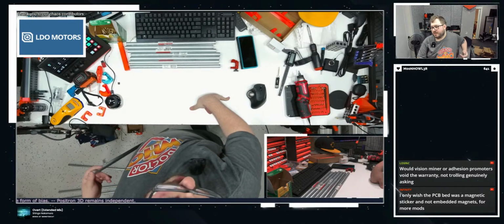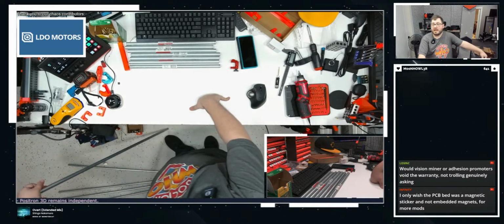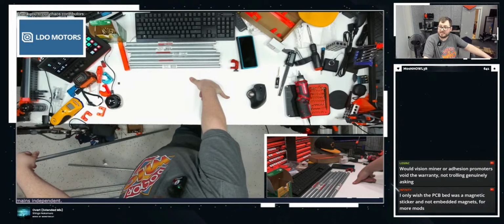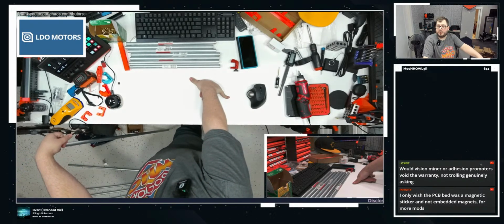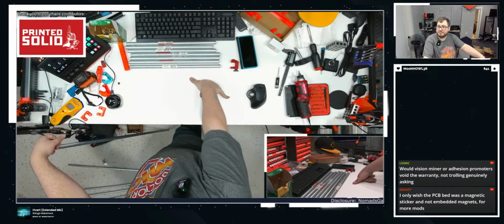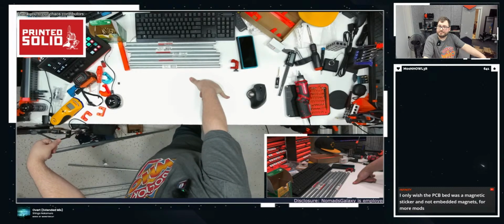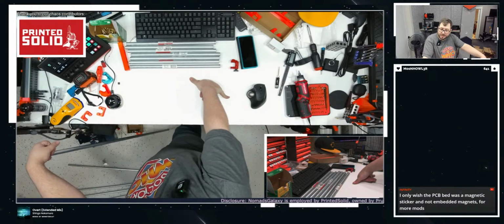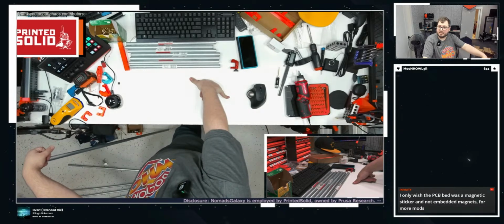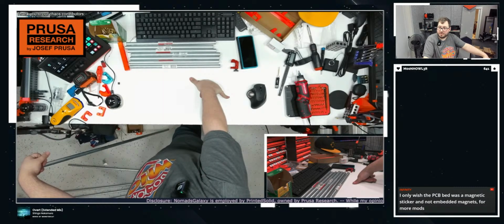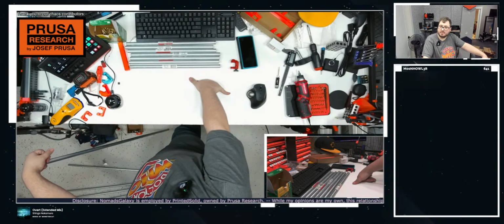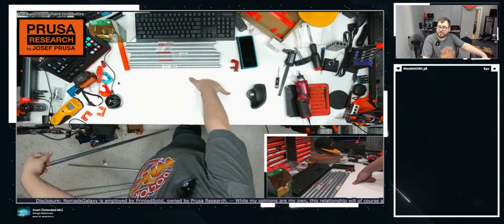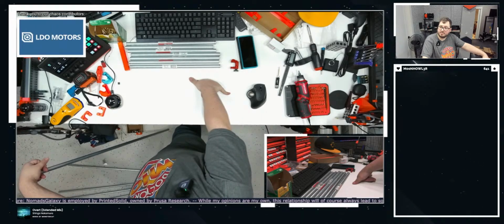Only wish the PCB bed had a magnetic sticker. No, you don't. If we use a magnetic sticker, the PCB bed's max temp would be 80 instead of 110. There are third-party beds out there that use a magnetic sheet. That's cool. Their max temp is 80. You can't print ABS or ASA on them. With our bed, you have Prusa quality heating, so you can get up to 110 easily, so you can print ABS and ASA. I get that people want to use things like Beacon. That's awesome.